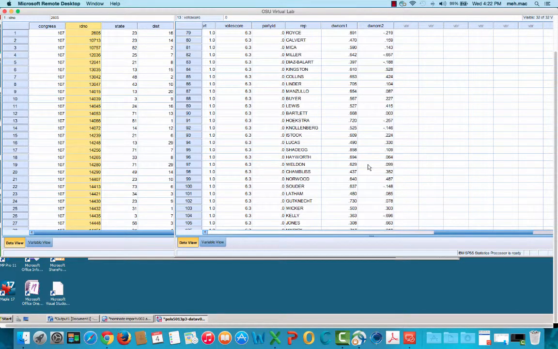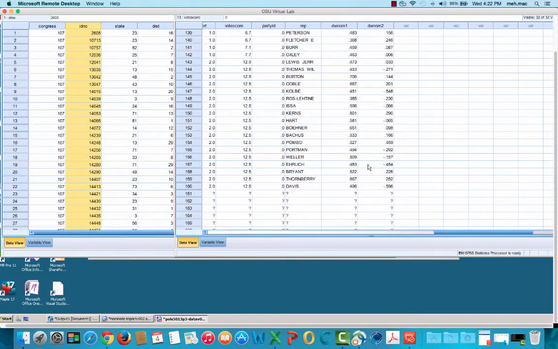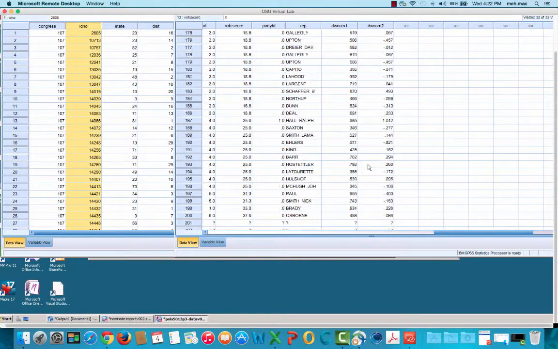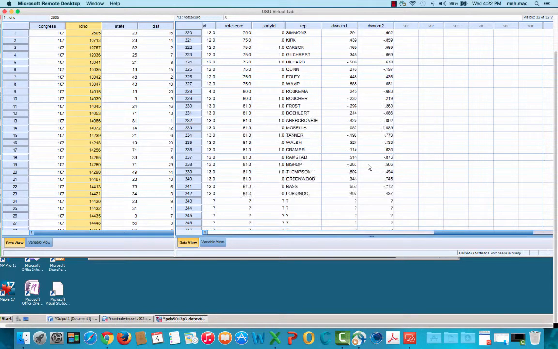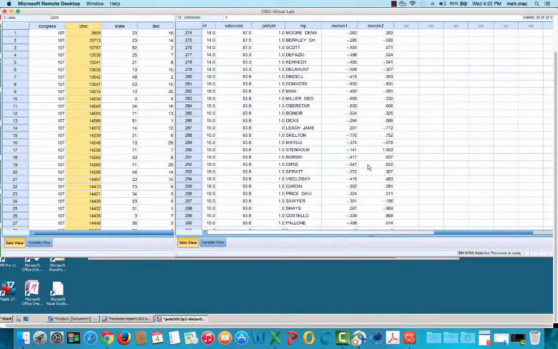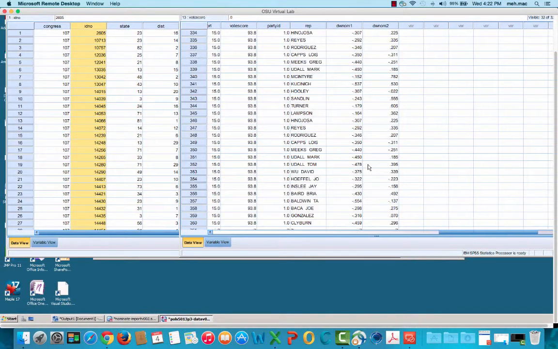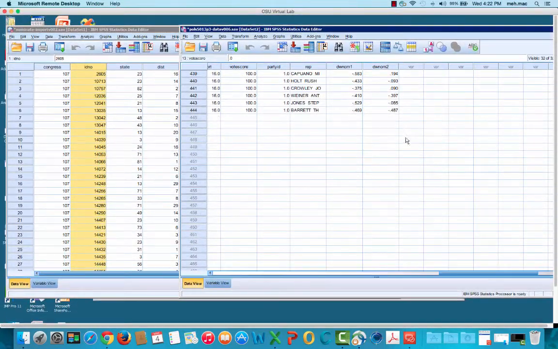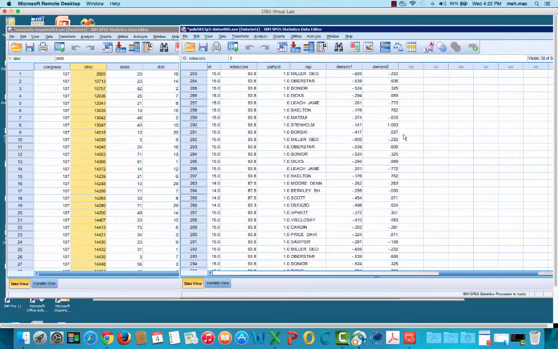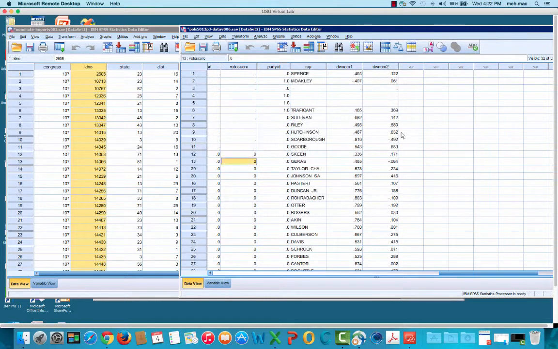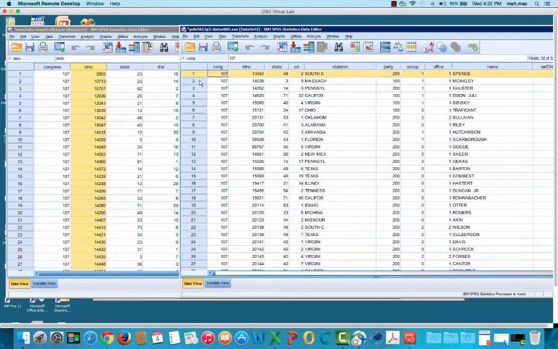Let's see if there's any gaps. Let's hope for no gaps. No gaps, no gaps. And through the miracle of modern medicine, we have correctly merged this together. Now we do have version 11, these variables 1 through 11 are in the database,